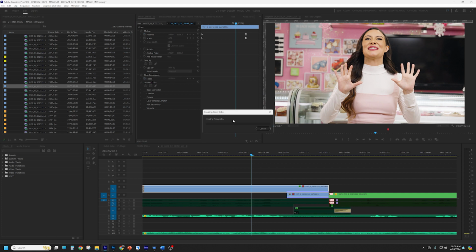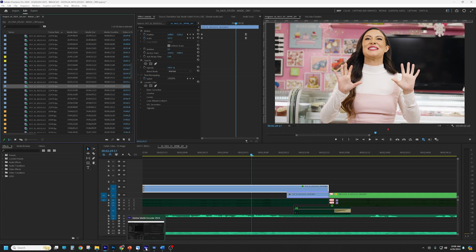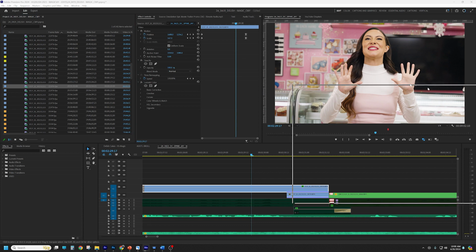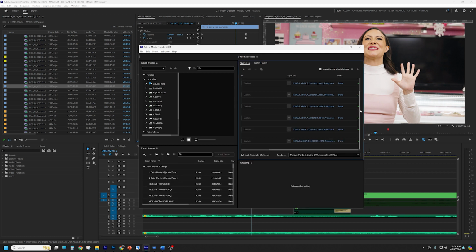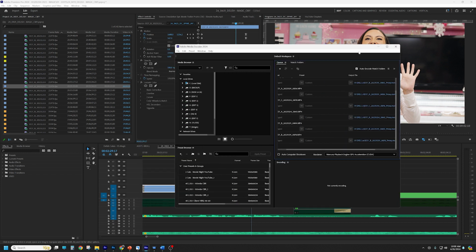Hit OK. This is going to start the proxy creating process, but it's going to open up a secondary software called Media Encoder. Now, if you haven't played with this yet, this is going to be your best friend when it comes to exporting. Literally, it just exported. Holy cow, that was quick. Okay, so